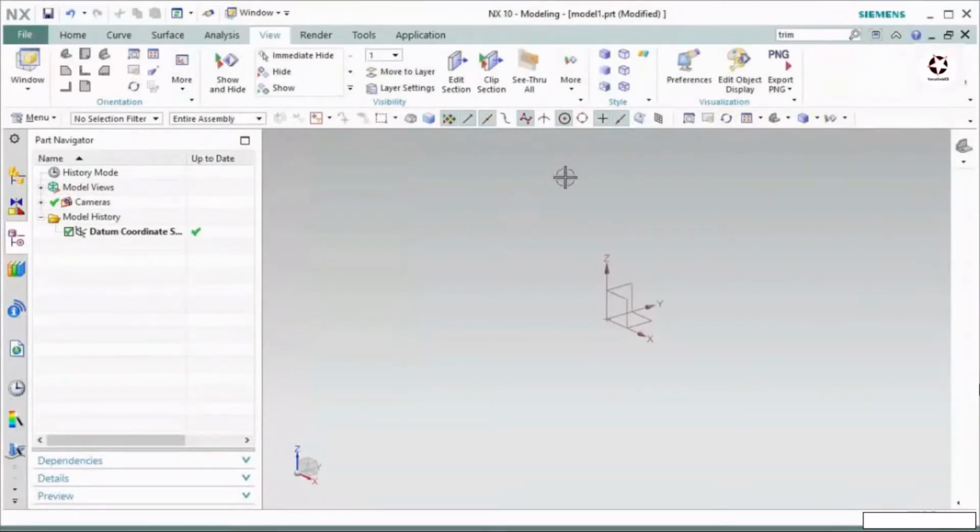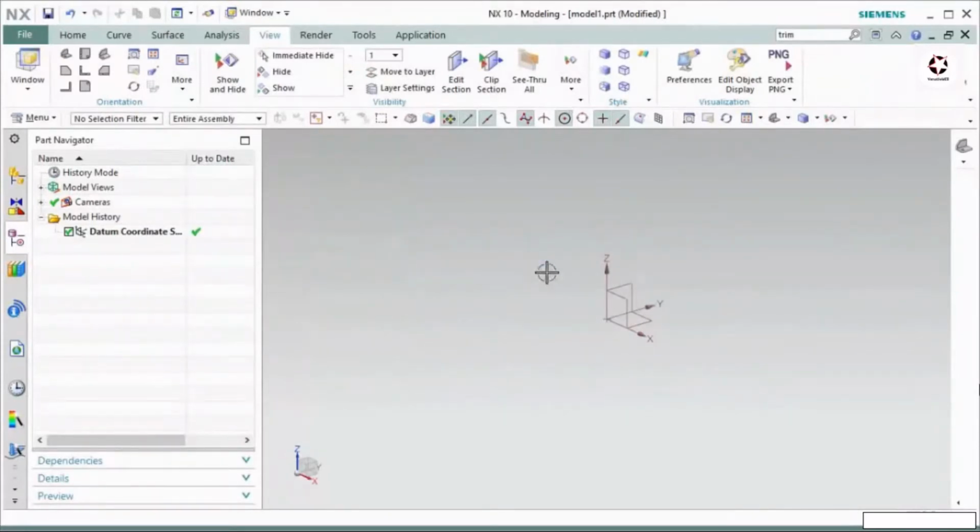Then at the left hand side, this bar is called the resource bar. Inside this, a few different tabs are available: part navigator, assembly navigator, constraint navigator, and a few other navigators. Almost all tabs are very, very important. Then on the right hand side, this is the graphic window. Inside this, you have to create a sketch, your part or assembly or drawing; everything you have to do inside this graphic window. This is a 3D space. Inside this 3D space, you have to create your drawing.